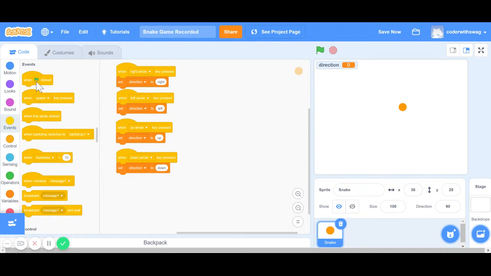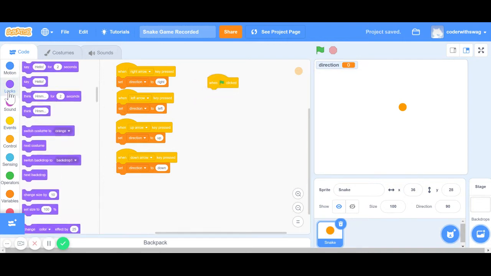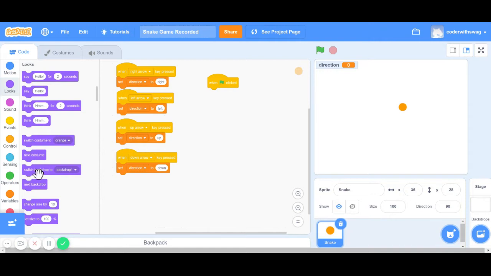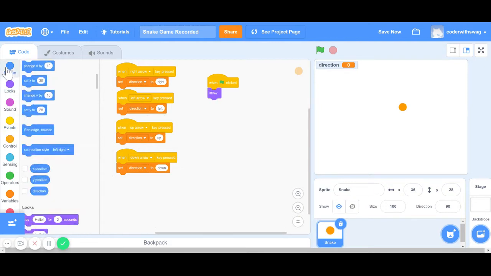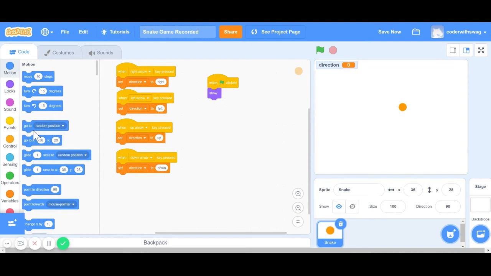Oh, that's going to be in the events. When green flag is clicked, you always want the snake to show. So just in case the user hides the snake or something, you want it to show, so it's always there. And then you want to do go to 0, 0, so the snake always starts off in the center. So I'm just going to go to 0, comma 0,